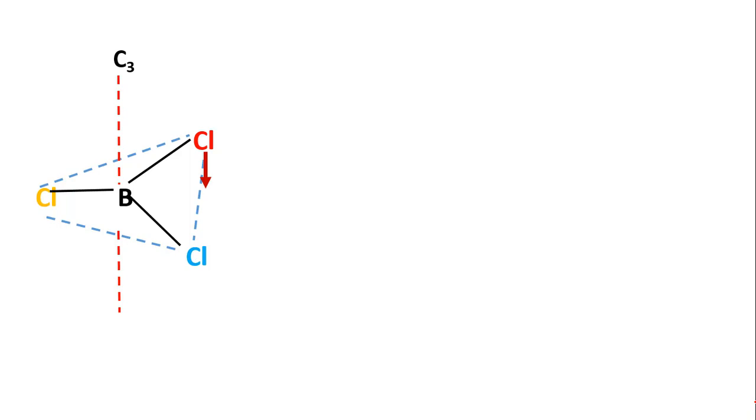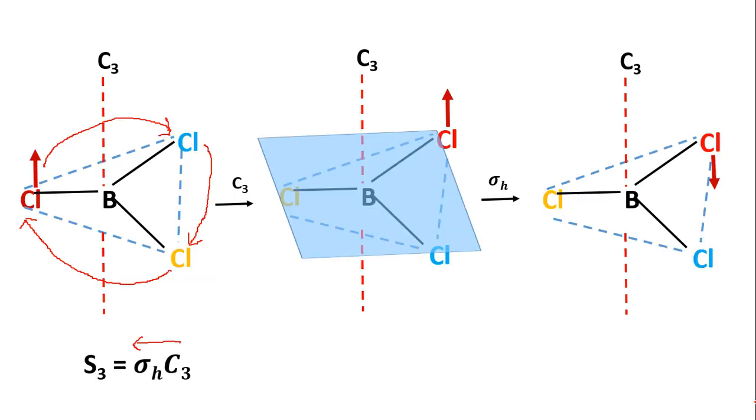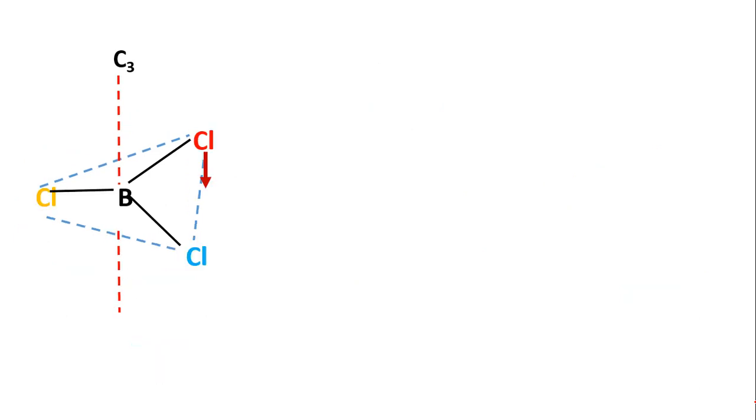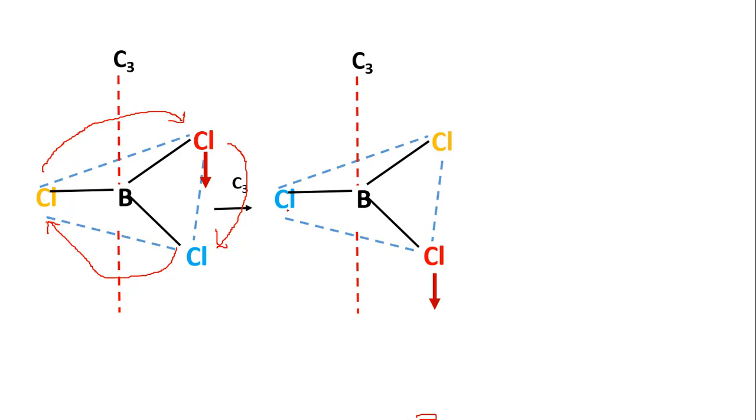This is the arrangement which we had at the end of the last screen. From this, now you have to perform the C3 operation again, and when you perform it, you will get something like this. This brown will get shifted here, this blue will get shifted here, and this yellow will get shifted here, and if you perform this operation, you will get something like this. Arrow will still be pointing downwards.